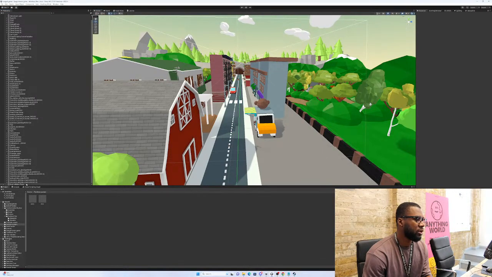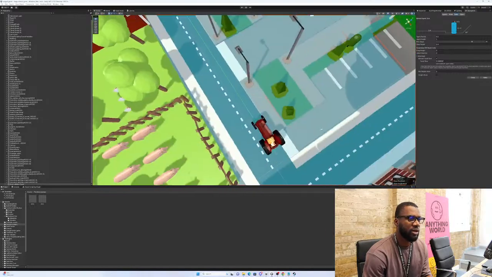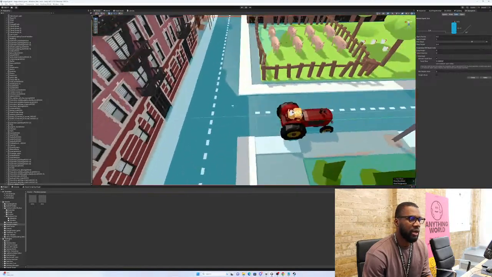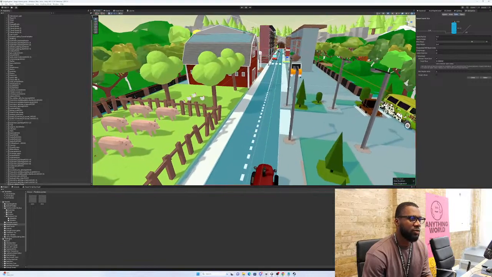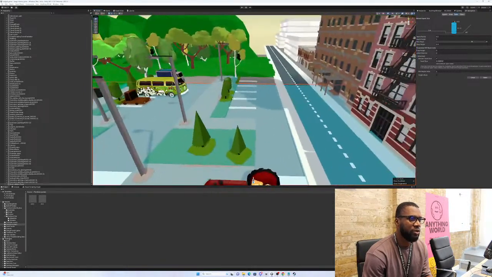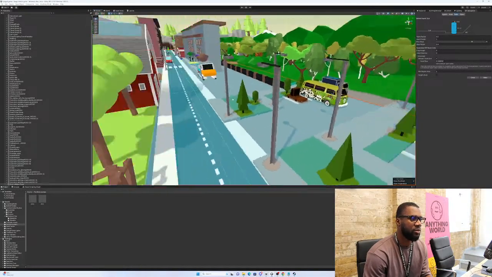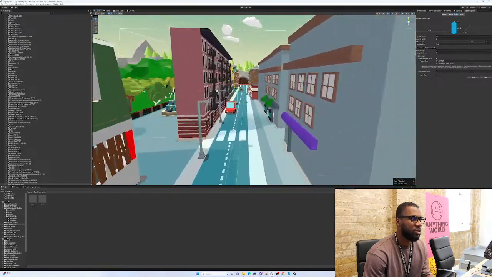I've also gone and added a floor collision plane with nav mesh. So that's what this blue stuff is. And what nav mesh is going to be useful for later is adding the humans and making sure the humans can walk around within the parameters that I've set with nav mesh. So